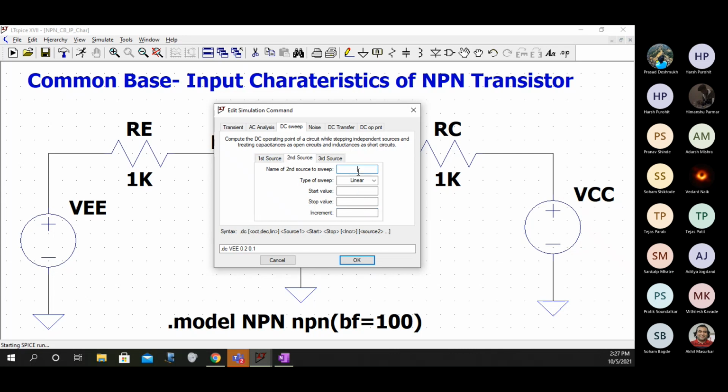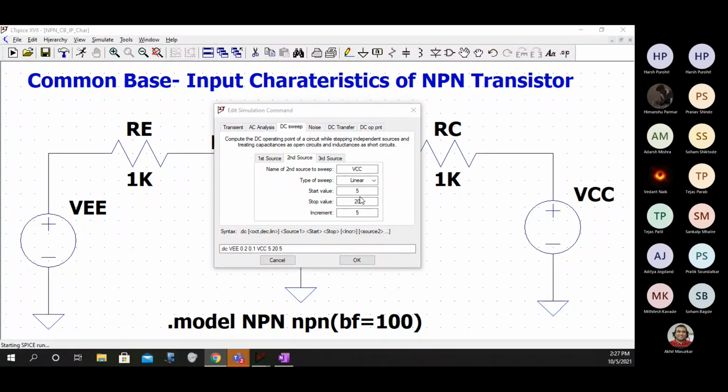And then the second source, value 5, stop value you can keep it as 20, and you can increment this by 5. You can keep the start value as 0 also, no problem.